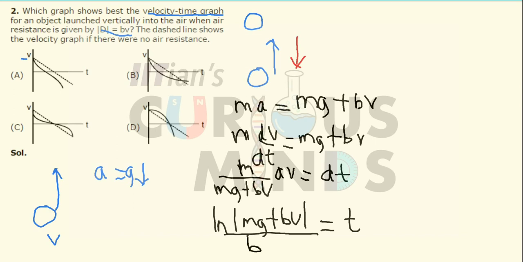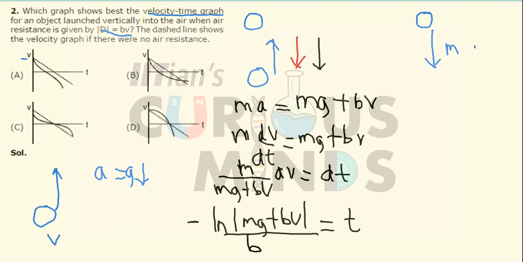Now since the velocity is increasing but in the downward direction, it will be negative, so it will be the negative of this part. Now you can see clearly, it will follow a logarithmic graph where the velocity goes on decreasing with time, and finally it will become 0. Now let us assume it has reached a final point where the velocity has become 0, and now it is trying to descend in the downward direction.